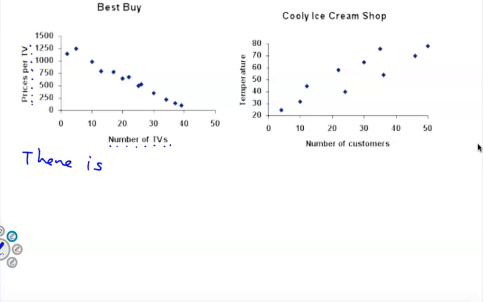The first thing we're going to talk about is, is this strong or is this weak? These dots are very tight together in this line, so there is a strong, and then I need to do the direction. This thing is going downward, so that means it's a negative, kind of like the slope we talked about back in linear algebra. It's like a negative slope. So there is a strong negative, and then it's in a line, so linear